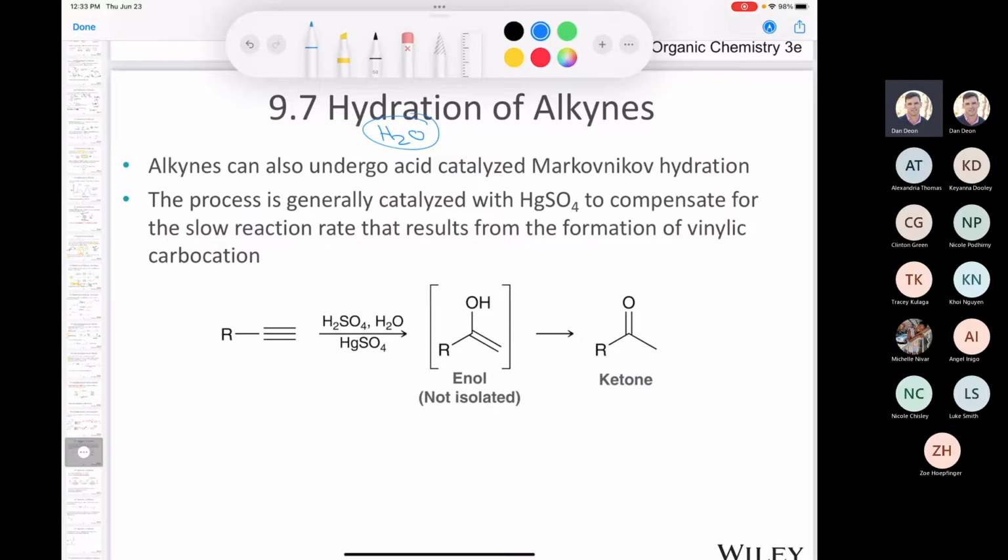And then we talked about hydroboration oxidation, which was a way to do anti-Markovnikov addition of water across a double bond. Well, based off of all that knowledge, you might think, okay, well, if I just take an alkyne and treat it with some aqueous acid, so just some H3O plus, I'm going to add water in a Markovnikov fashion. Let's just imagine, and you don't have to write this down because it's not going to work. But if you did this, you might think,